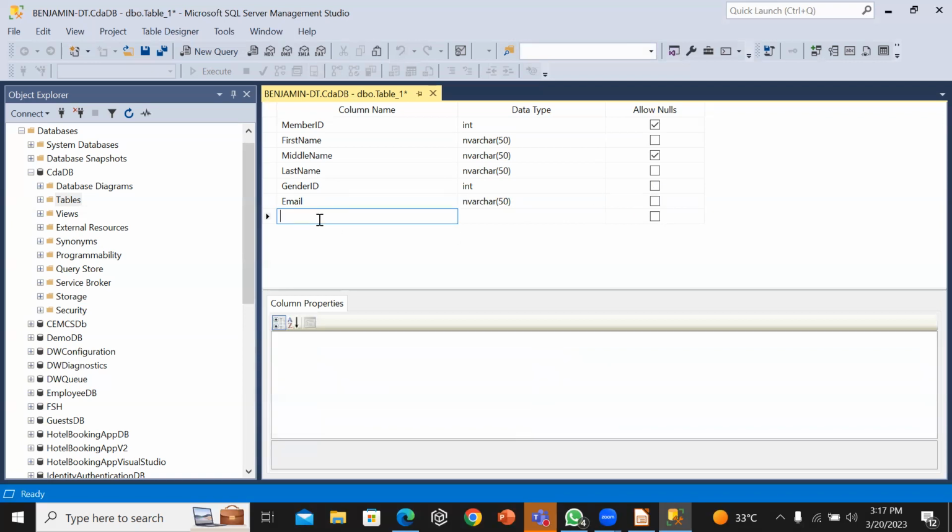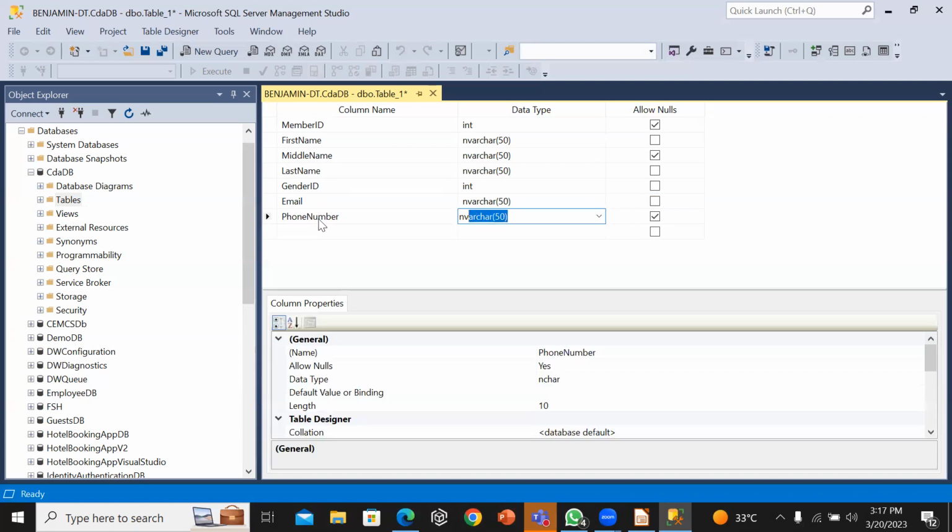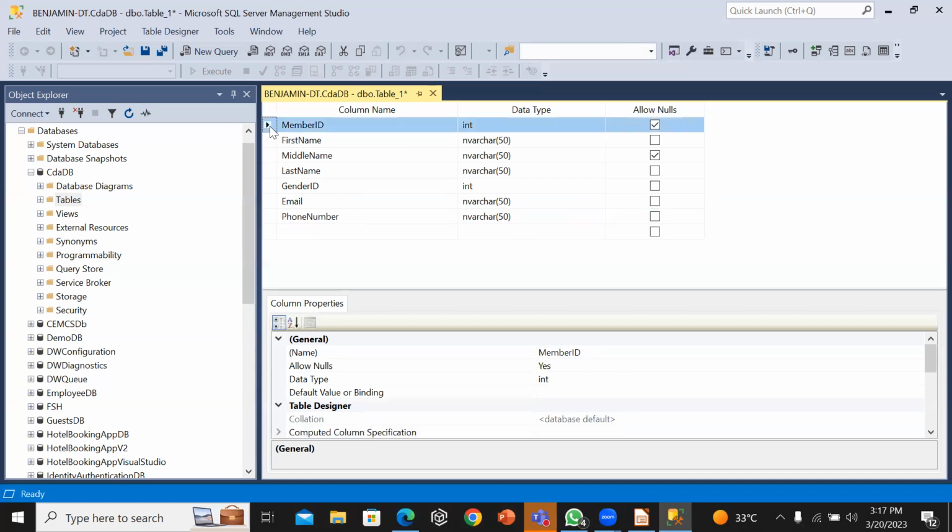Also compulsory. Let's put one phone number. Also compulsory. Now, there is what we call a primary key in a database, which uniquely identifies